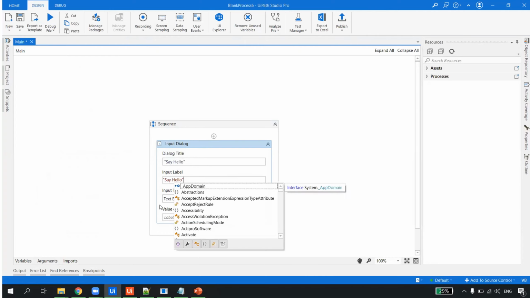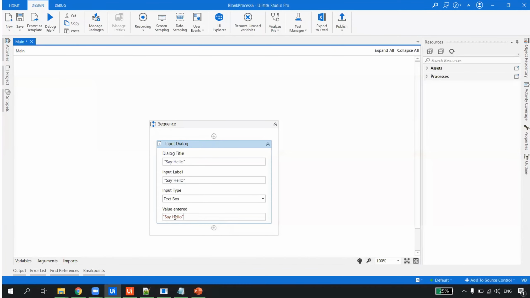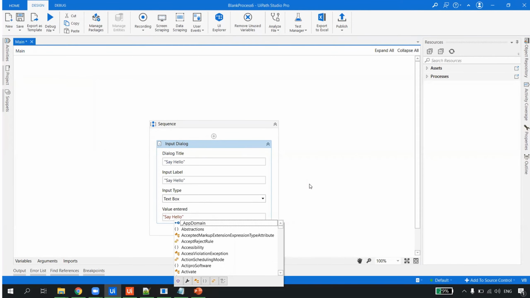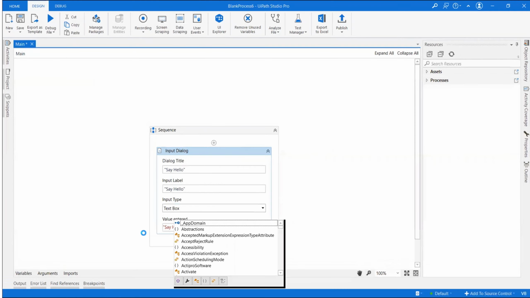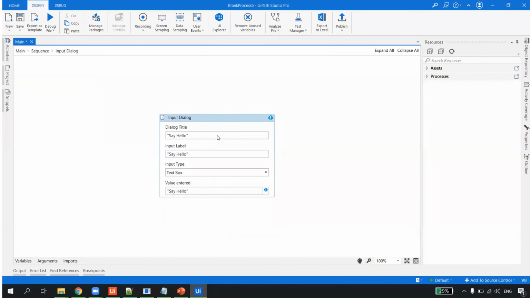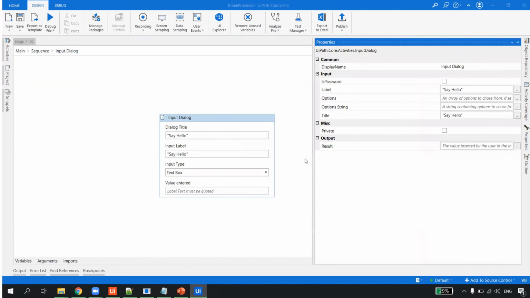Say hello. This would be the text box and the label will be say hello. How do I create a variable? This will ask me a question, it will give me an input option and ask me to have the response output, right?